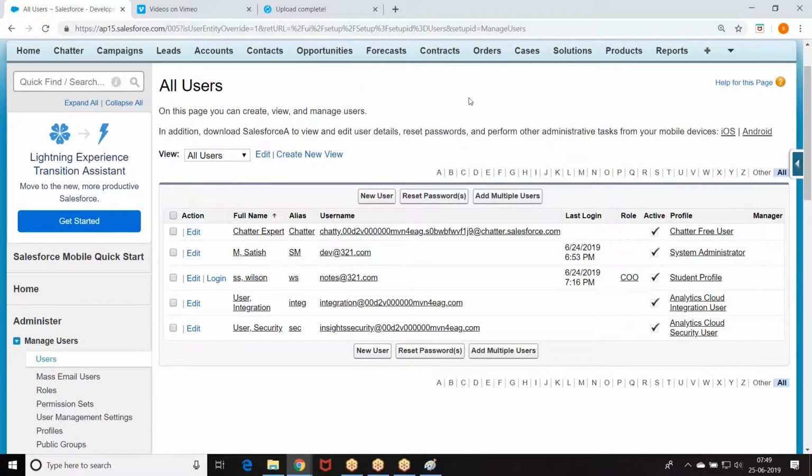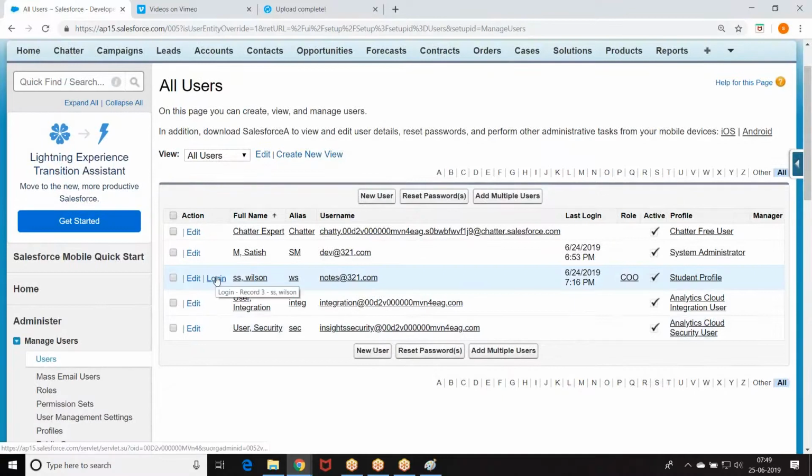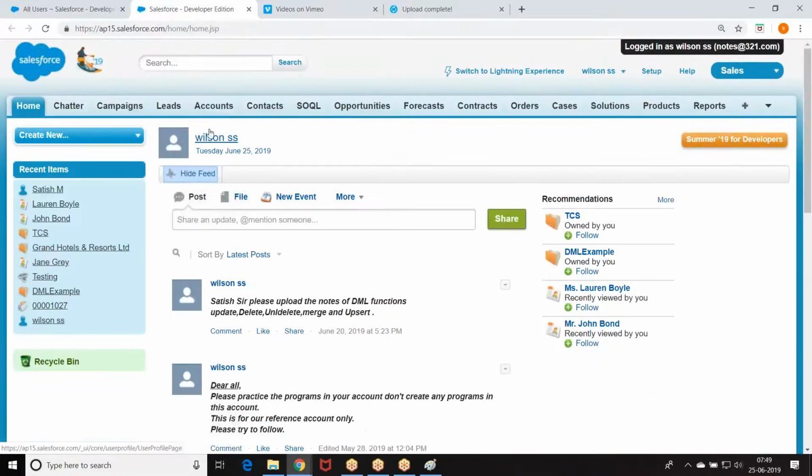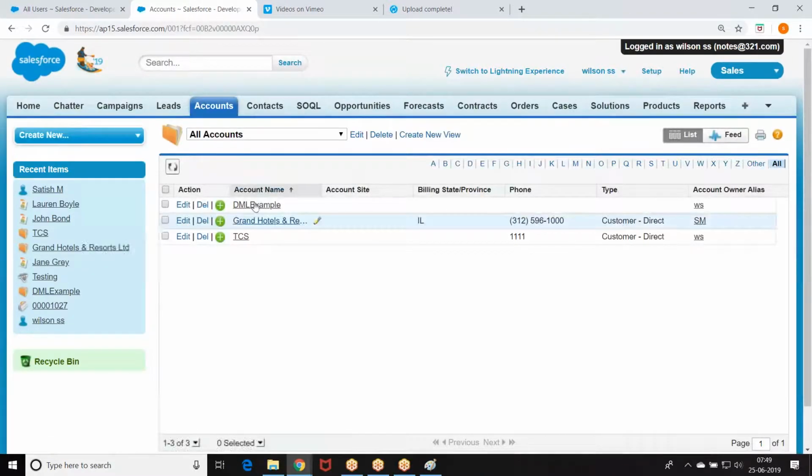When you give the OWD as private, you are unable to see the data. Now go to Wilson and check out what is the accessibility, accounts, go. Only a few records are visible, right? Because we give OWD as private, only a few records are visible.